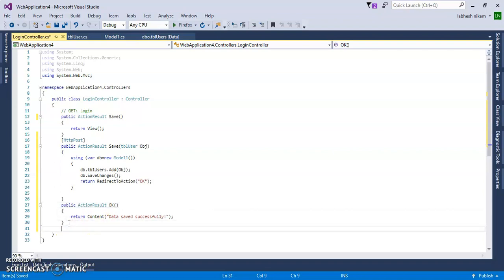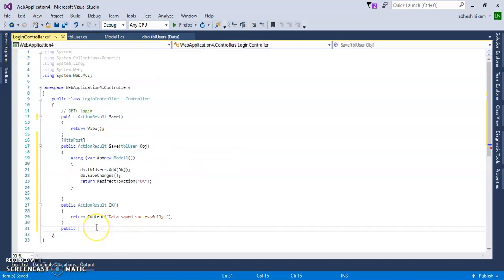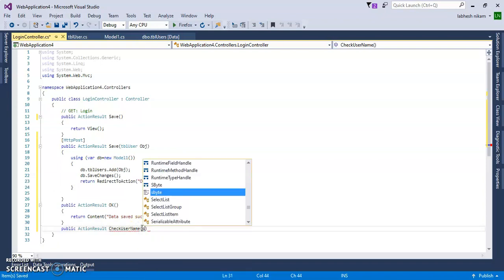Now I will create the method for comparison of the username with the database username, right? So public, now that partial, this same method name we will use here. So public CheckUsername, before that I need to write ActionResult CheckUsername, and we'll compare the string of the username.